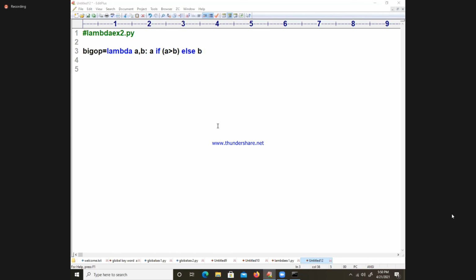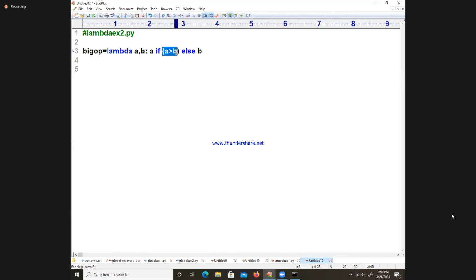Listen, I am saying: if a greater than b, if it is true, the left side value will be returned. If it is false, the b value will be returned.